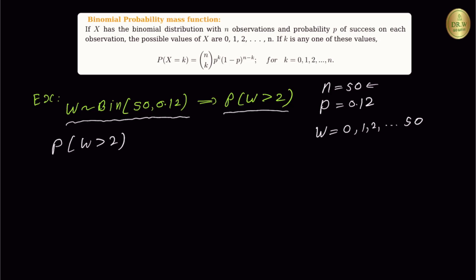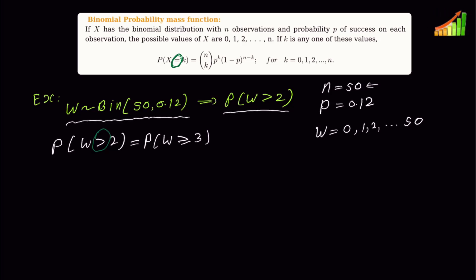So can we use this equation directly? No, we cannot use this equation directly. Why? Here we see that it is an equal sign, but here a greater than sign. Therefore, we have to write this one with an equal sign. How do we write this with an equal sign? You know W is binomial, therefore this is a discrete random variable. Therefore, we can write this as W greater than or equal 3, because greater than 2 means greater than or equal